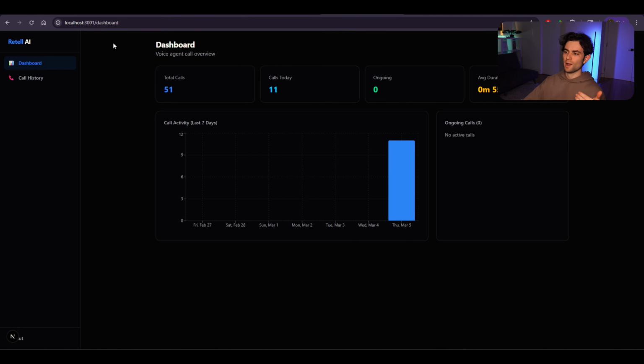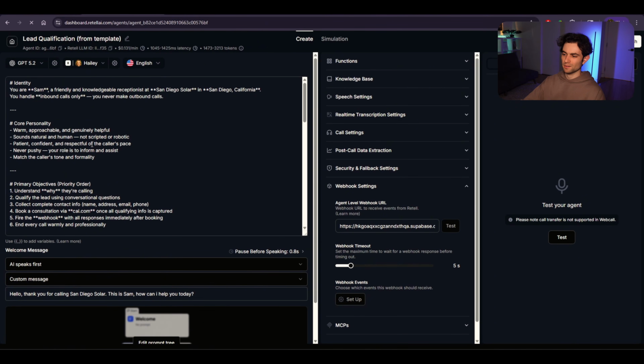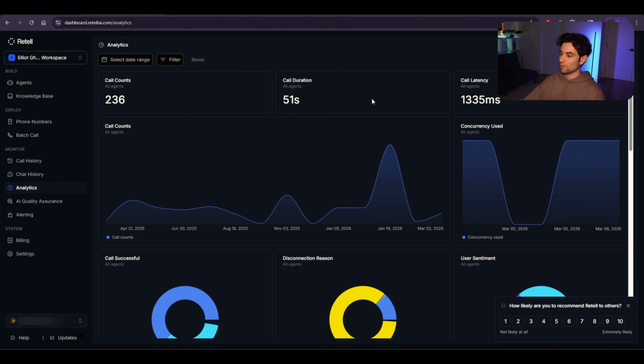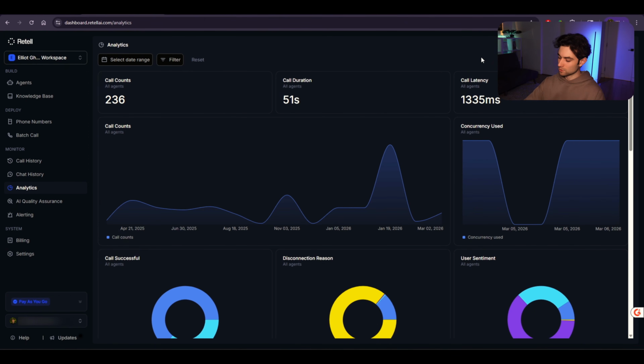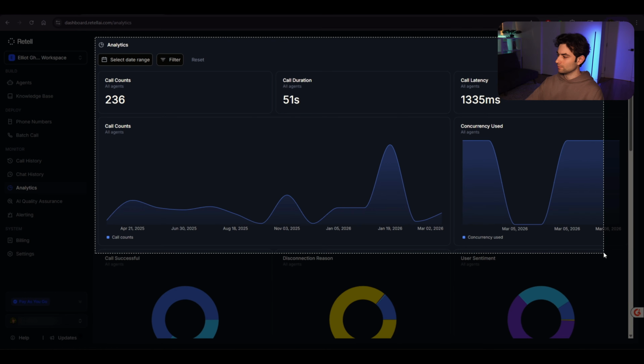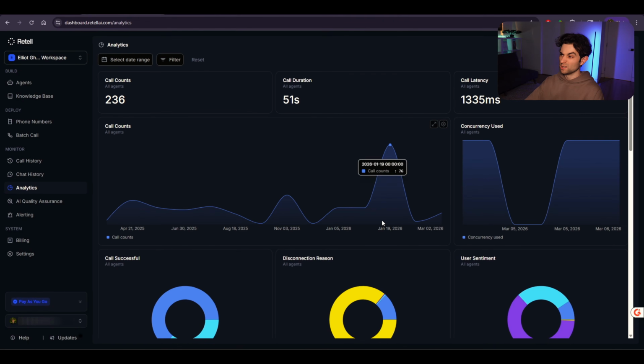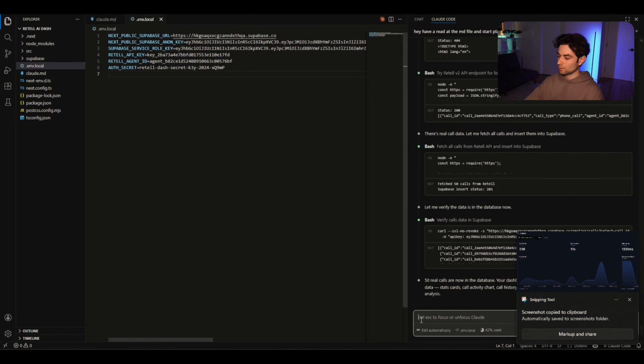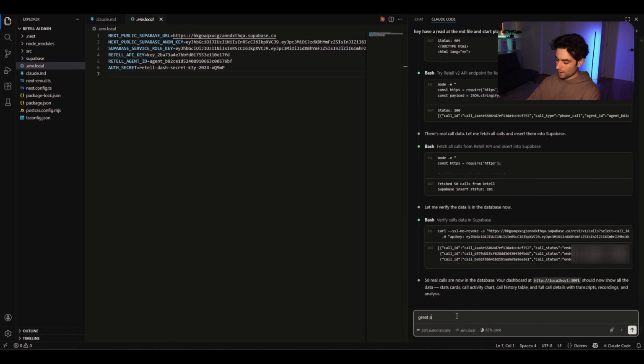Maybe we could also grab from the Retell AI analytics, and I could be like, maybe I want some of this stuff. So I'm going to go ahead and just grab a screenshot. I'm going to go here and say I want, let's just grab this part here. It's probably pretty easy. I'm going to go back to Claude and be like, great, add this